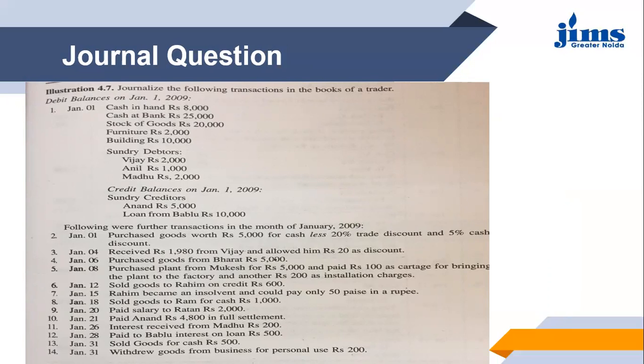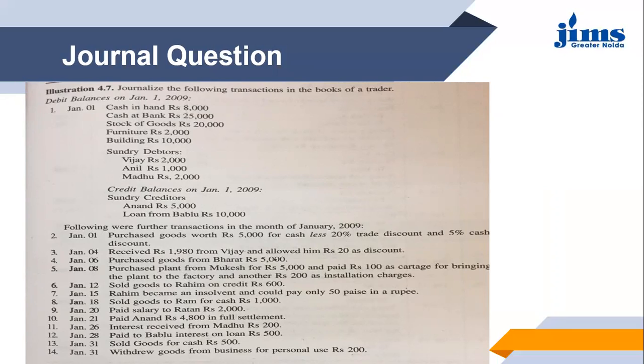So received in the sense, cash account will be debited, because interest is received maybe through cash or bank. Since it is a smaller amount, we can take it under cash account. So cash account debited to interest account. Cash is getting received, and since interest is an income, interest account will be credited and cash account will be debited.